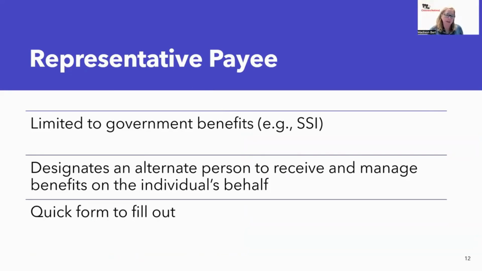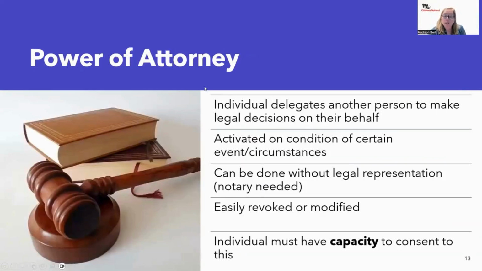So SSI payments, all that. Again, it's a quick form to fill out, but it's a different level of collecting the money. If your child has a lot of capacity in other areas, but money isn't one of them, this may be for you. Power of attorney, again, next level up: an individual with IDD delegates another person to make those legal decisions